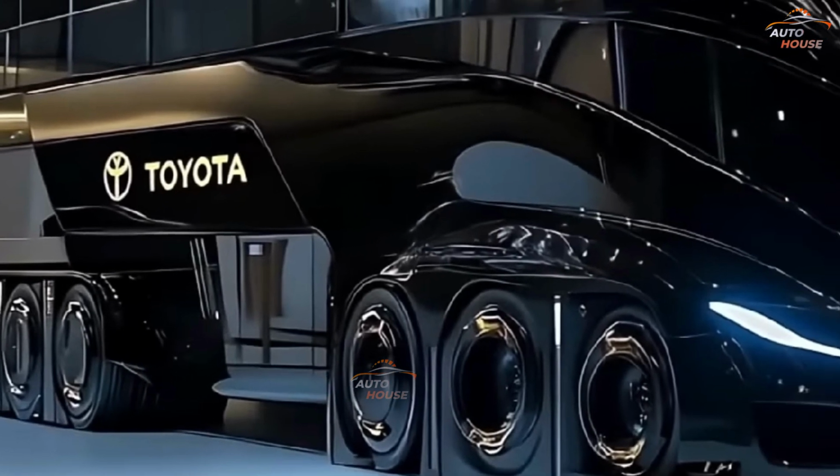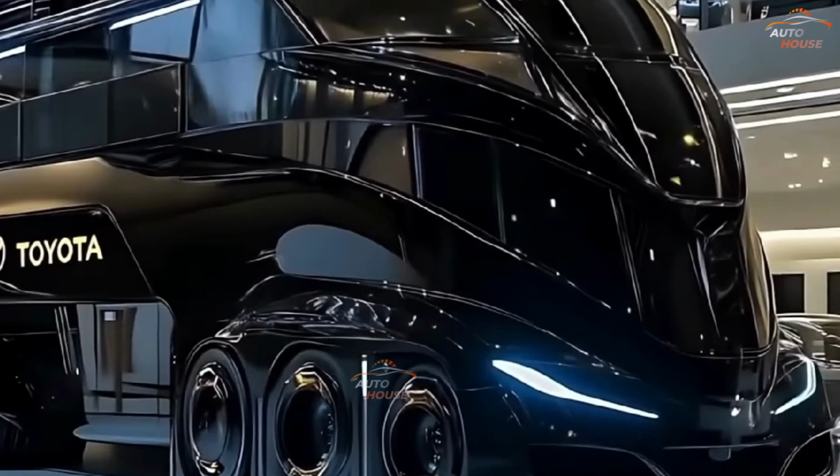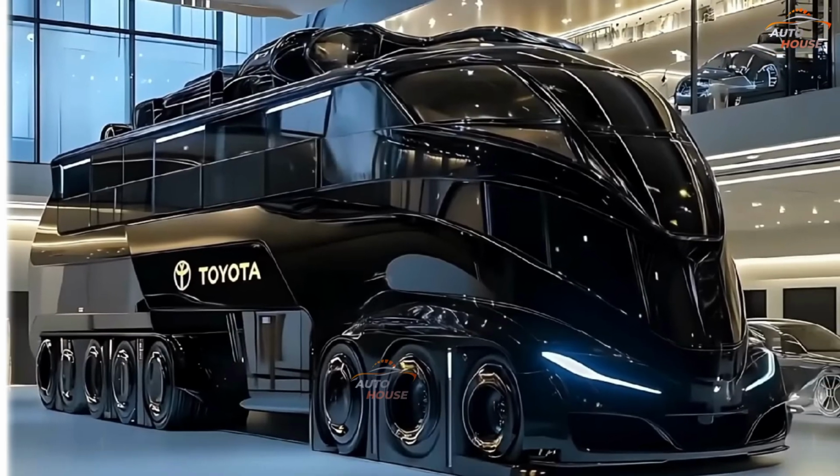Solar panels on the roof feed into a lithium-ion battery pack that powers the interior when off-grid, and the climate control system ensures comfort in all seasons. Key highlights: all